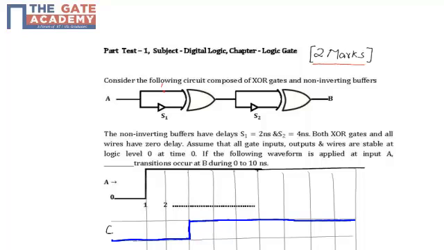So this, let me mark it as A. Over here let me mark it as C. Over here the output, let me mark it as D. What I would have same over here, I would again have a D. And let me mark this part as my E. And finally over here I am having B. So let us have a look at how our waveform looks.